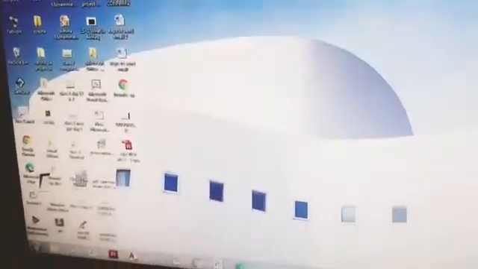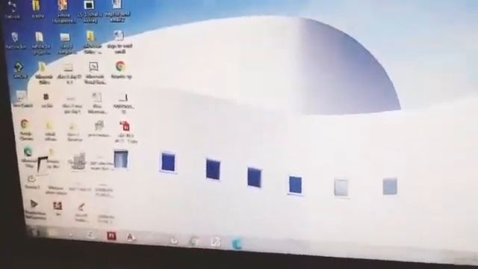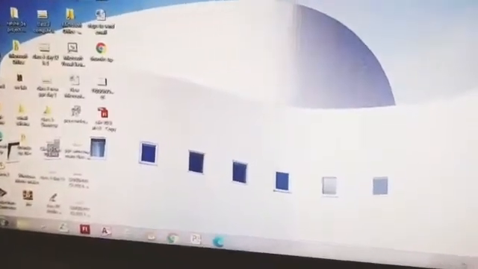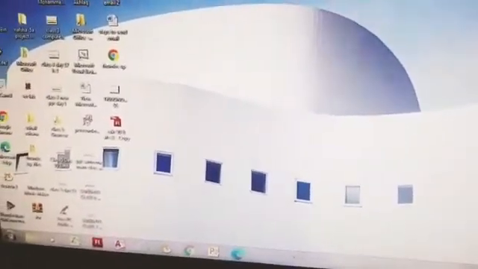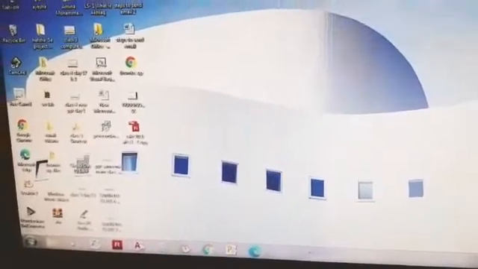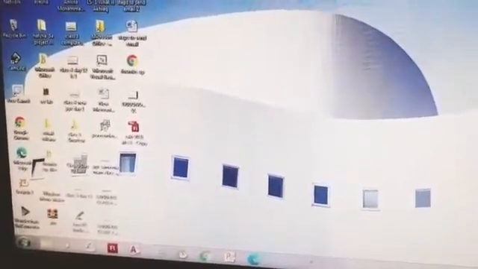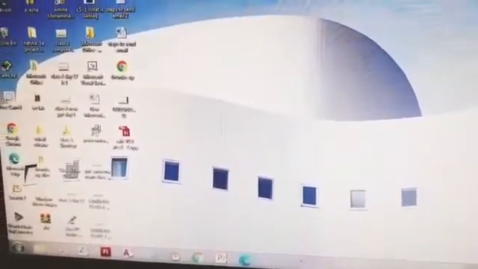Now children, I will be showing you how to put your computer in hibernate mode. Hibernate is a state in which a computer shuts down to save power but first saves everything in the memory and hard disk. When you restart the computer, your desktop is restored exactly as you left it.